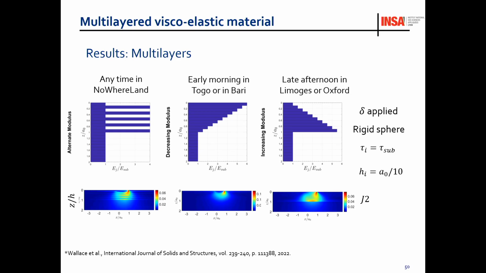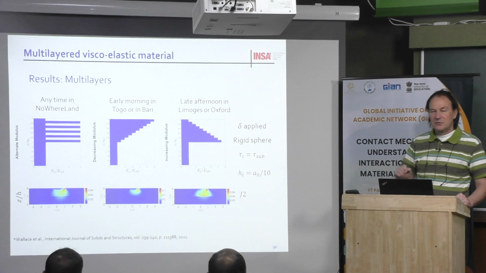Then this is maybe the last simulation I wanted to show you. This time we have many layers. This is an academic example, which means nothing. But here, this is the Young modulus, the initial Young modulus of the first coating, second coating. Then you alternate low, high Young modulus.